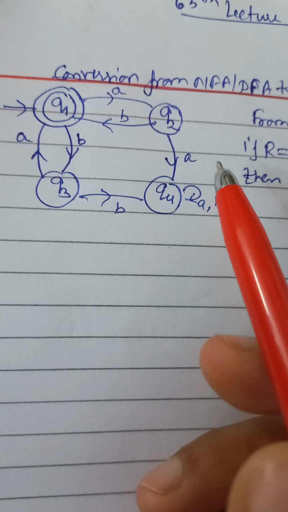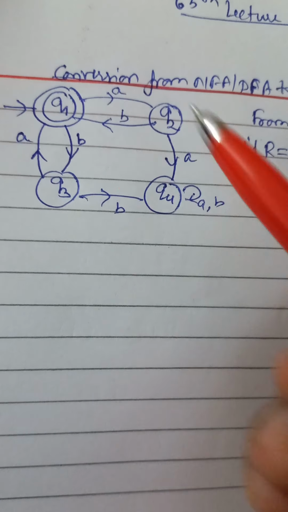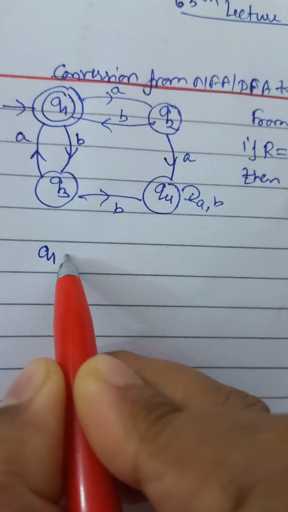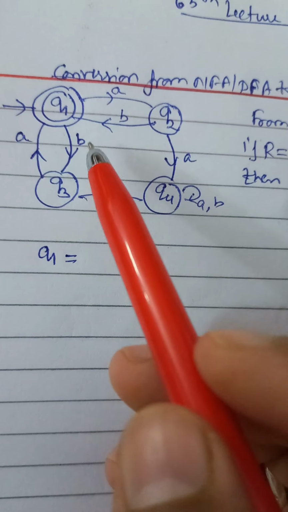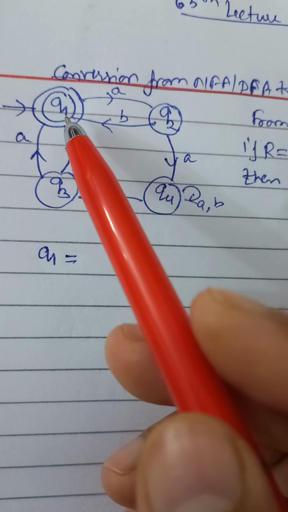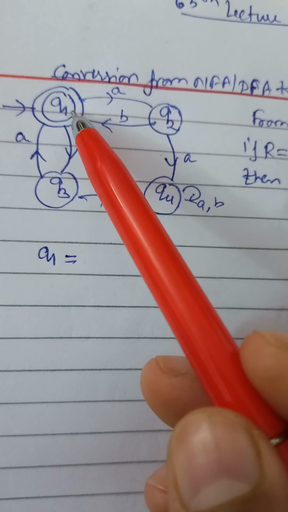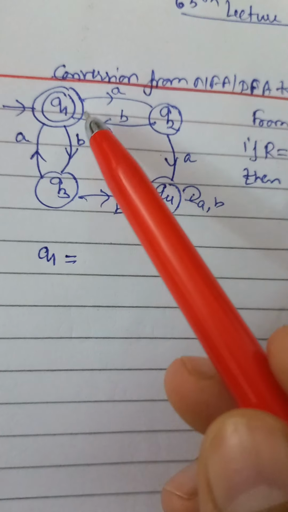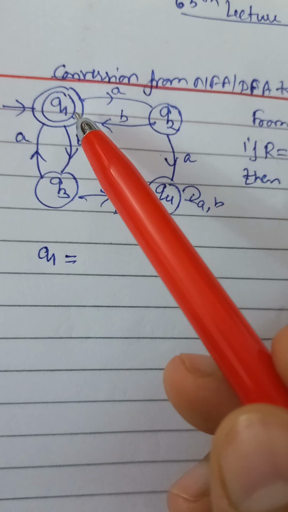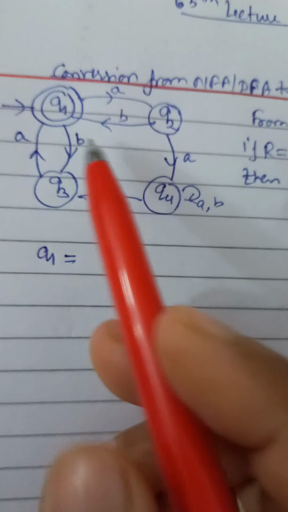As we have discussed in the last lecture also, we write this machine in the form of equations with the help of states. So start with the initial state Q1, and this is also the final state, and we need to find out the value of the final state because this is the regular expression for this machine. So start with the initial state and make the equation for that state. Whatever transition is coming towards that state comes under this equation. So how are we going to write it?